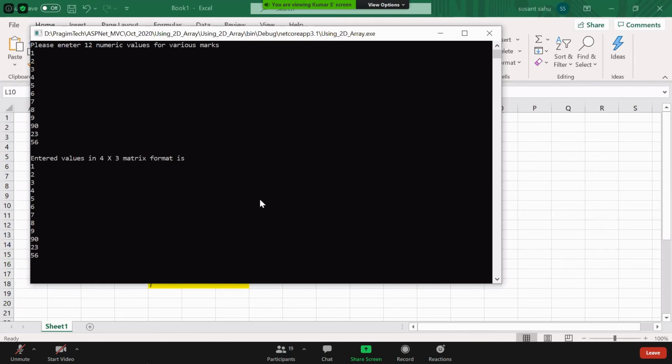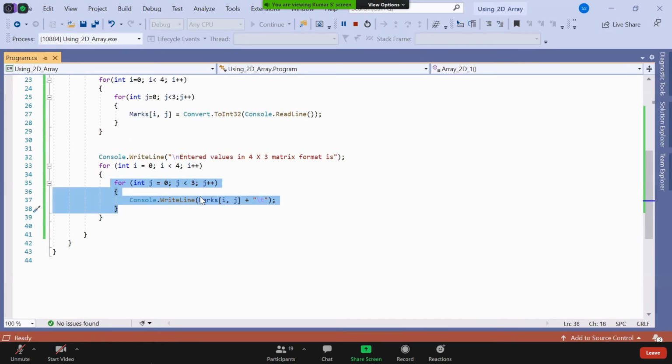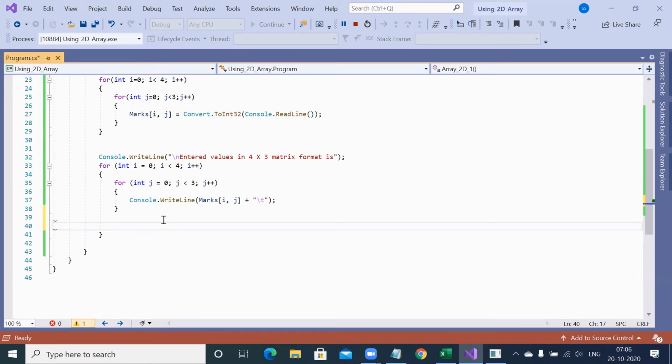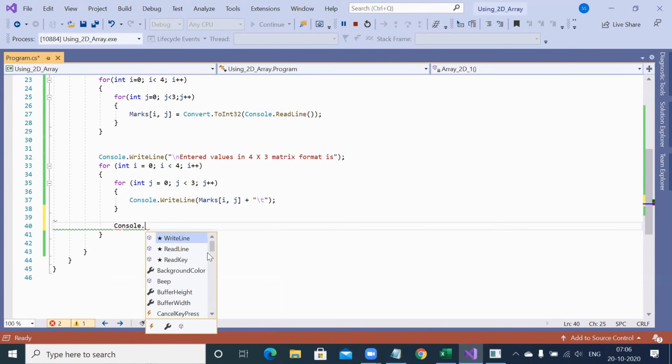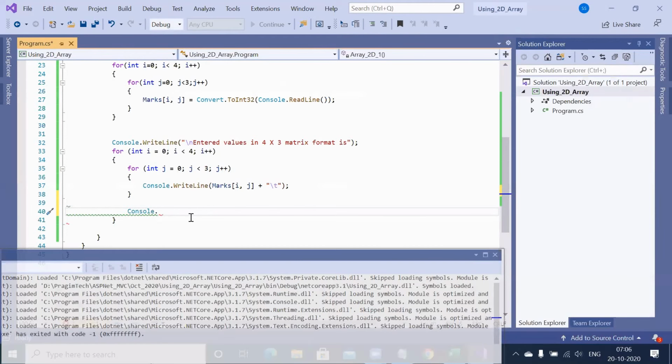That means when the inner loop is going to complete the work, till then I will be displaying them in the same line. But the moment the inner loop completes the work and comes outside, somewhere here where my cursor is blinking, that time I will make it console.write line so that it will break the line.